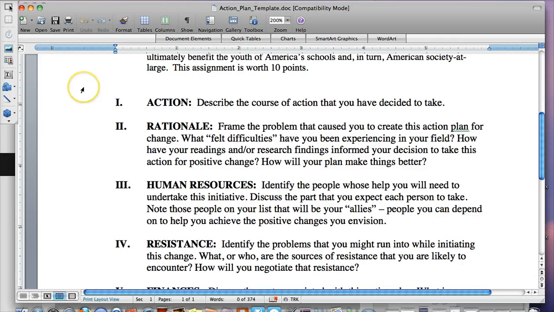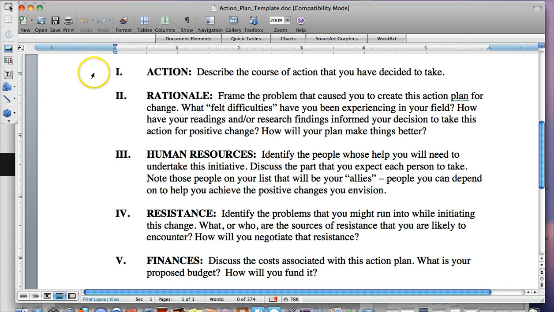It is a 10-point assignment, and there is a rubric. If that's not posted, I'll get that up there right away. You are literally going to label the parts of your action plan this way so that you can do section 1, action, section 2, rationale. It does not have to be written like a paper, and you do not have to follow APA standards per se. I mean, it should be readable and neatly formatted, and you should be careful of your punctuation and grammar,